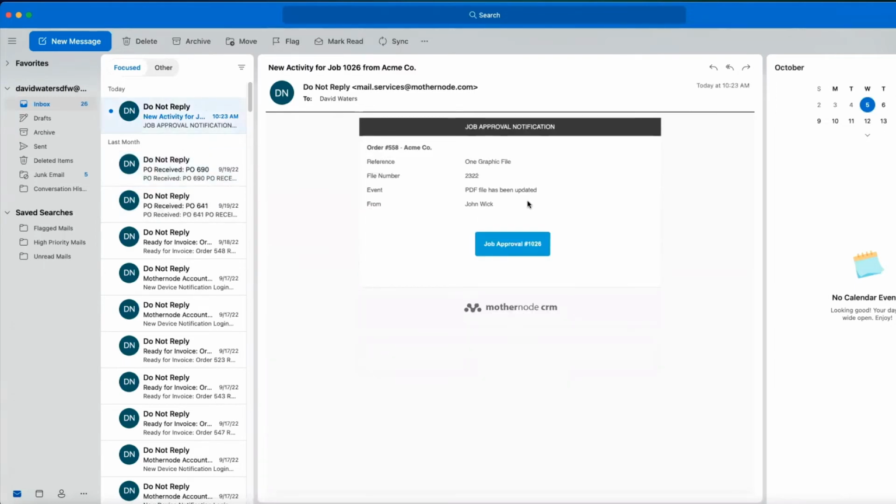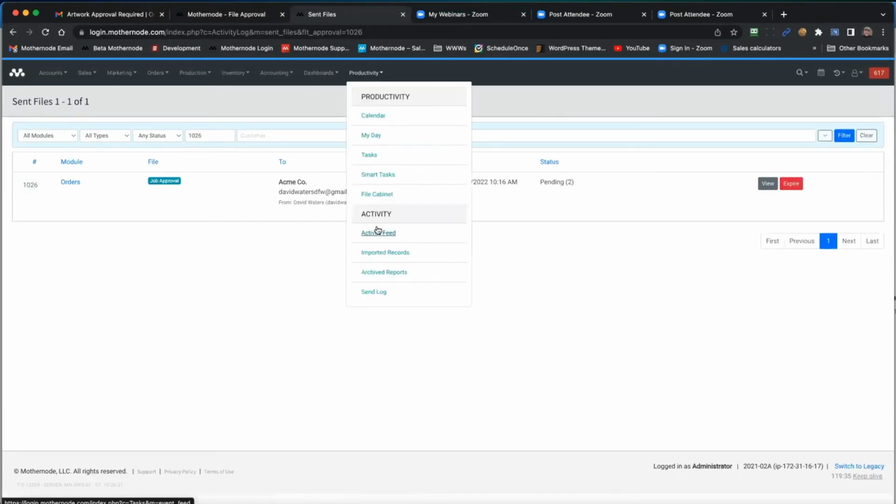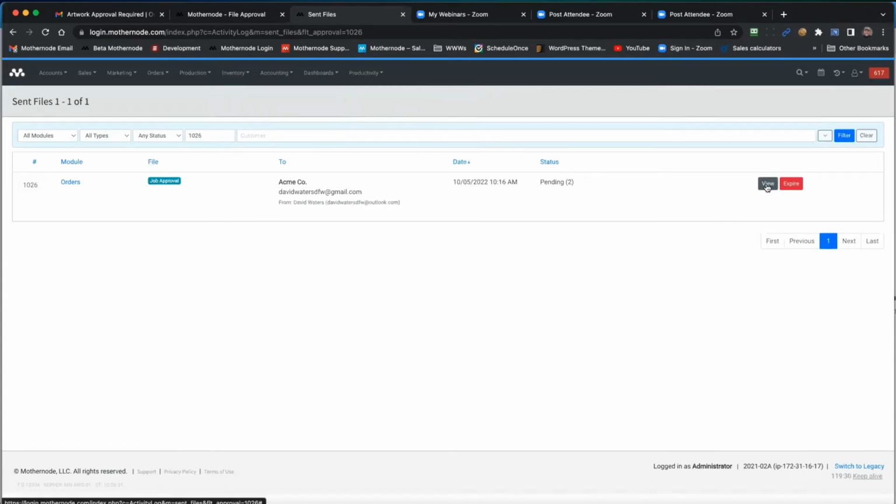Okay, I haven't received this email yet. This is the PDF that's been updated. The question will come through soon. But going back over here, not wasting any time, when I want to look at the approval, it's taken me to the file section. This is the send log, where it's taking me right to this file. And if I click view,